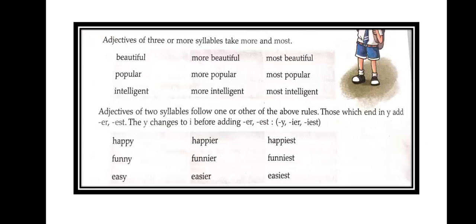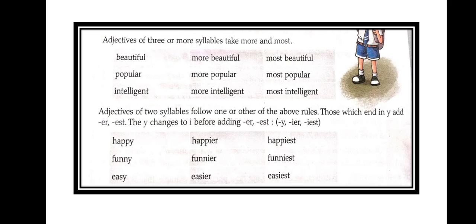Now, any spelling when we are using plural forms: if the spelling ends with Y, we remove Y and instead of Y we write I, and then we add S or ES. The same way here, happy. The happy spelling ends with Y. When we are writing ER, we have to remove Y and add I instead of Y. It means happier, happiest. You can see here the spelling, happier,